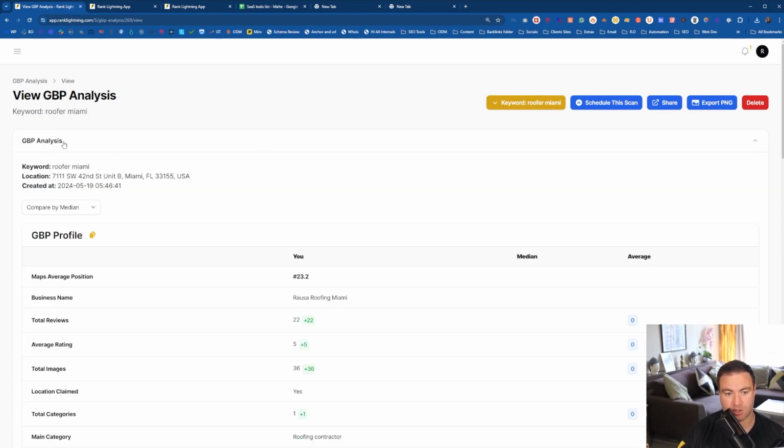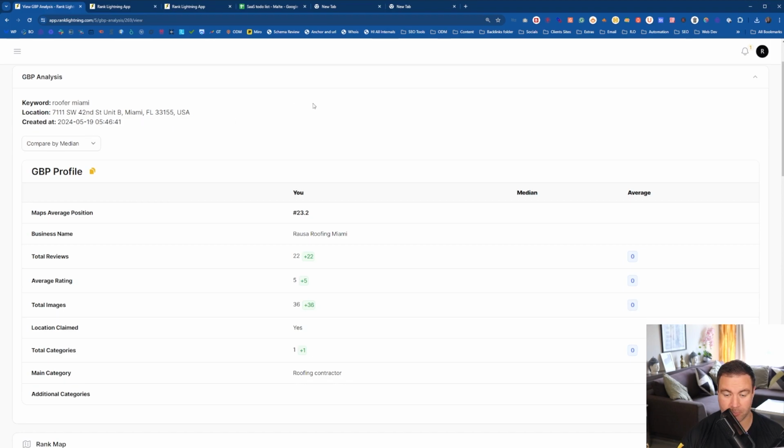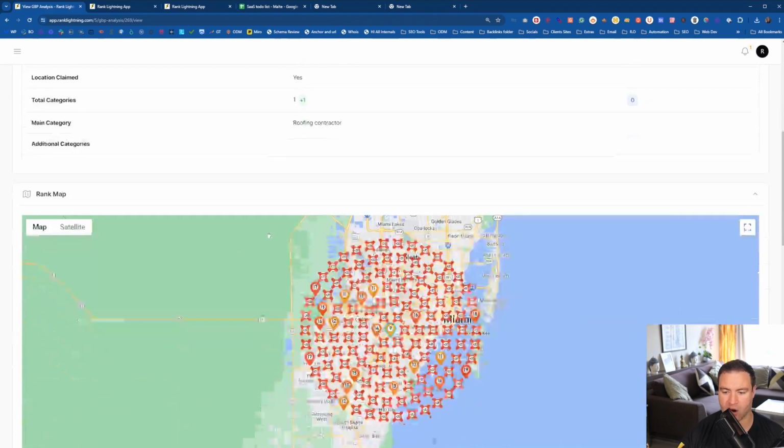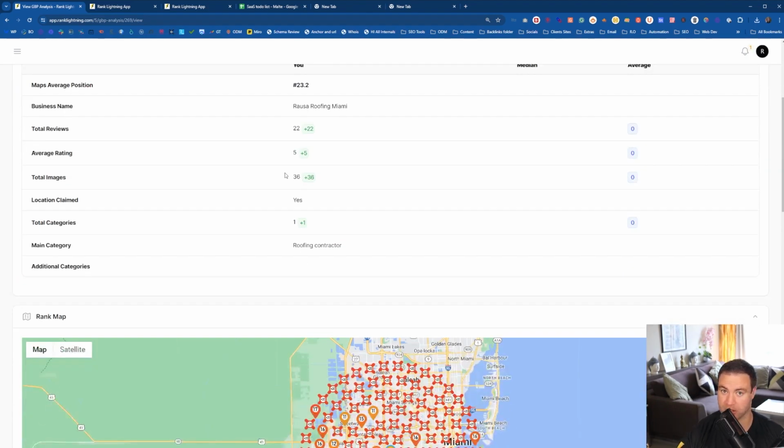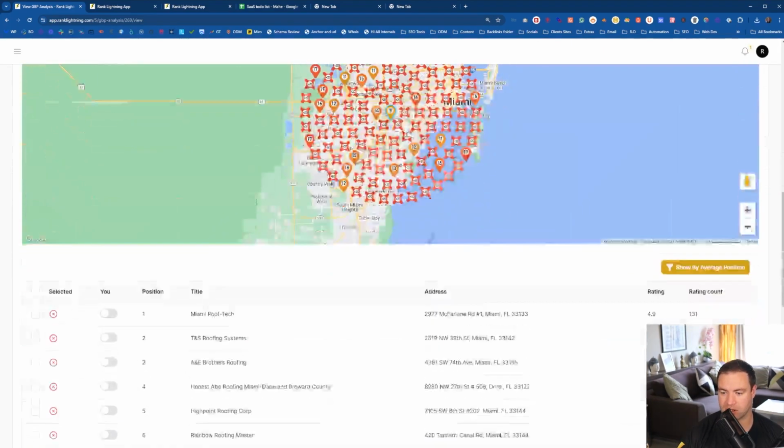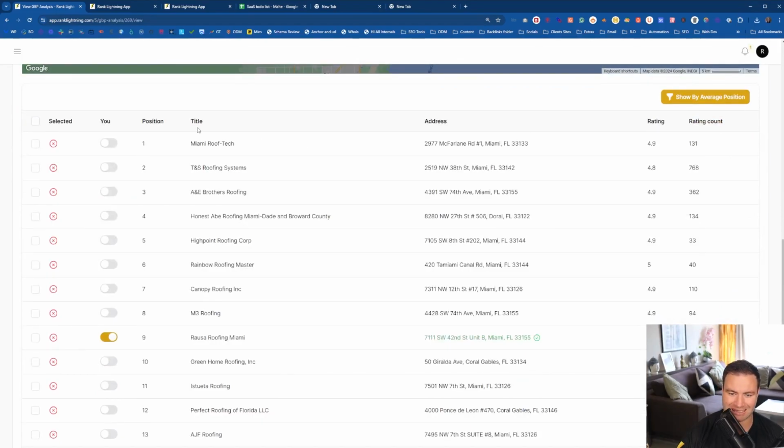Now, to see and analyze the Google Business Profile to see where you're short, automatically the tool is going to pull in where you are performing on an average overall. So right now we're looking at the keyword roofer Miami. So this is where we go into the real minutia of this data. What you want to do is scroll down and see all of your